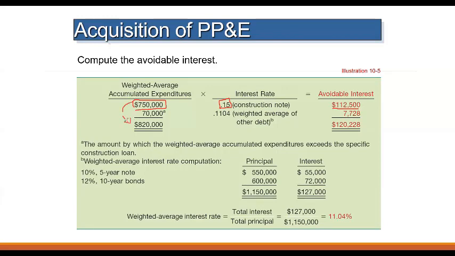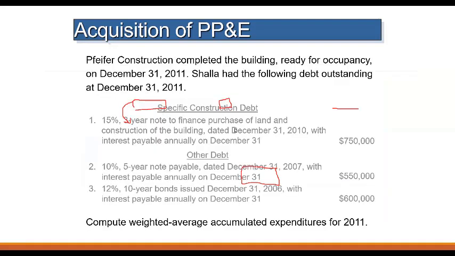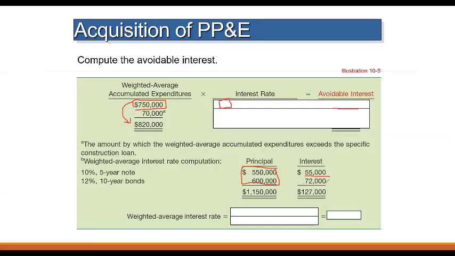We have to have the weighted average interest. How do we find out the weighted average interest? By getting the general two loans that we have. The general two loans that we have are the 550 by 10% and the 600 by 12%. Okay, and I will calculate the interest for them. The weighted average: this is 55,000, this is 72,000, and the total is